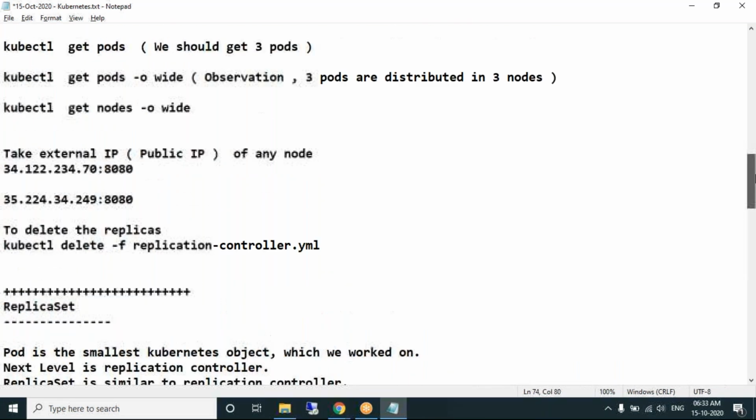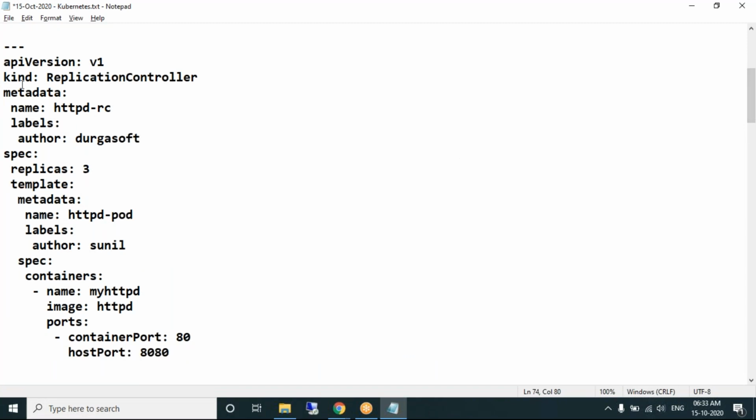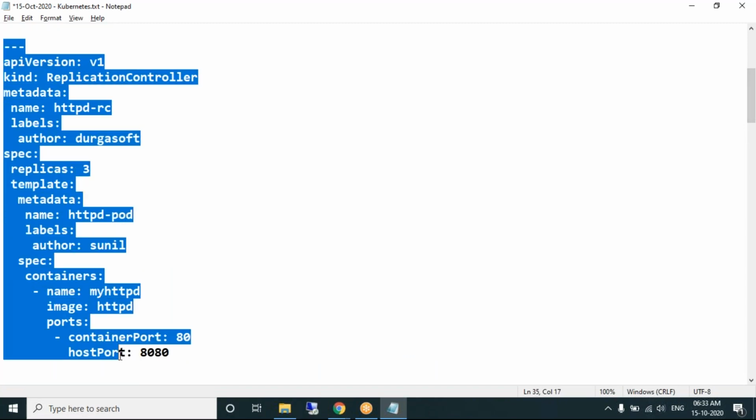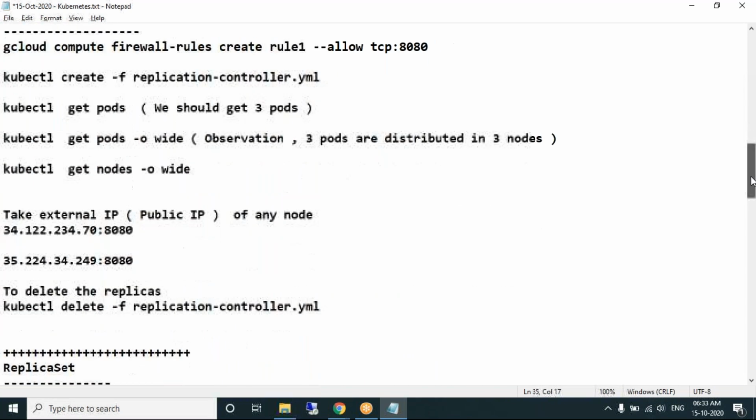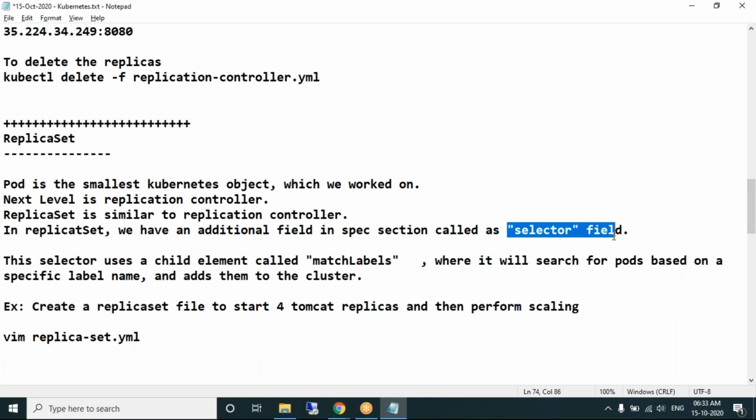Do we have a selector field in the replication controller? We do not. Whereas in replica set we have another field called the selector field. What is the use of the selector field? The selector field uses a child element called matchLabels. Two terms you should look for: selector field, matchLabels, where it will search for the pods based on a specific label name.